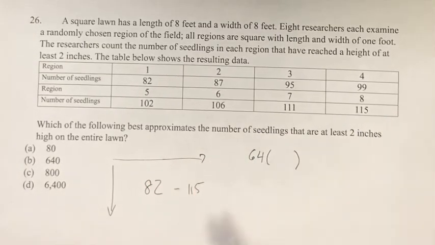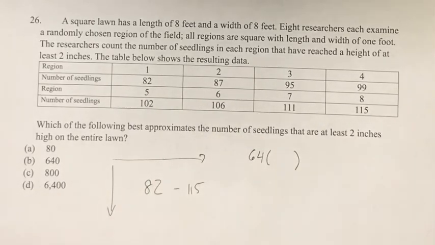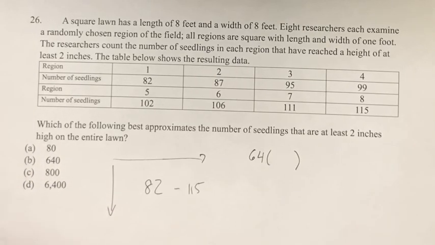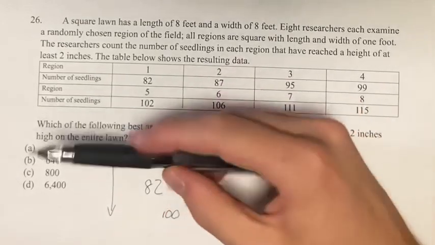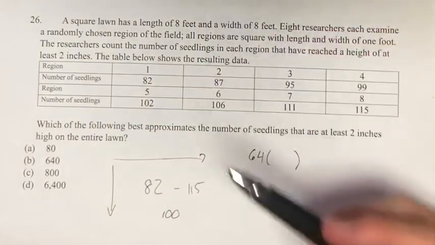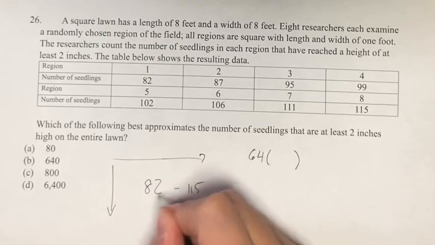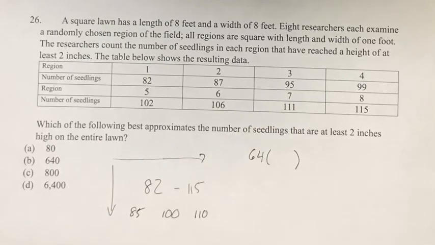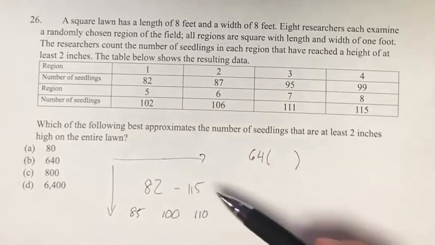right? They're roughly evenly spread out. It's not perfect, but they're not all bunched in one area. So we could say pretty reasonably that the average for all these values is going to be roughly 100. Why can we say that? Well, these answers are so different that if the average was, say, towards the high end, let's say 110, or if it was near the low end, if it was 85, it doesn't really matter because your answer is going to be close to one of these and it's going to be really far from all the others. So 64 times 100